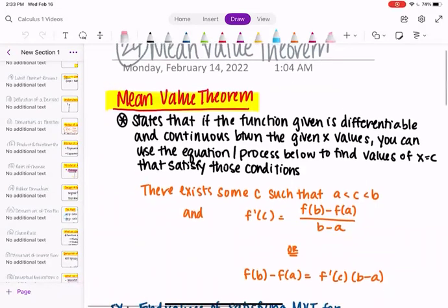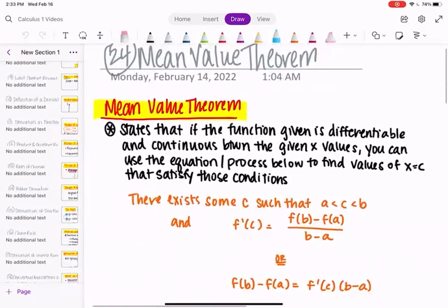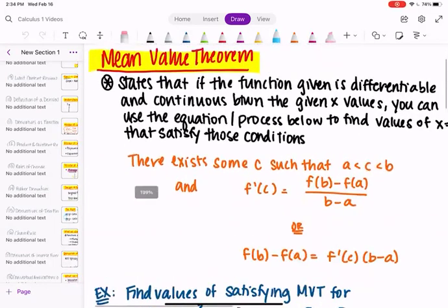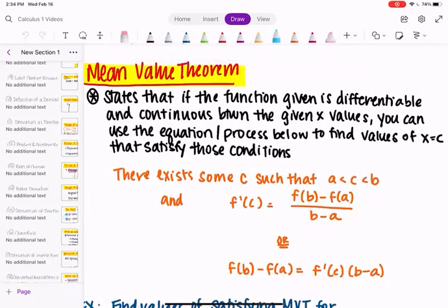So the mean value theorem states that if the function given is differentiable, which means can I take the derivative of it, and continuous, which if you remember means it doesn't have gaps or jumps or anything like that, between a given set of x values, you can use the equations below to find a value of x. So for example, x equals c that satisfies these conditions here, right? So the conditions say that these two relationships are true, and they're basically rearrangements of the same statement,